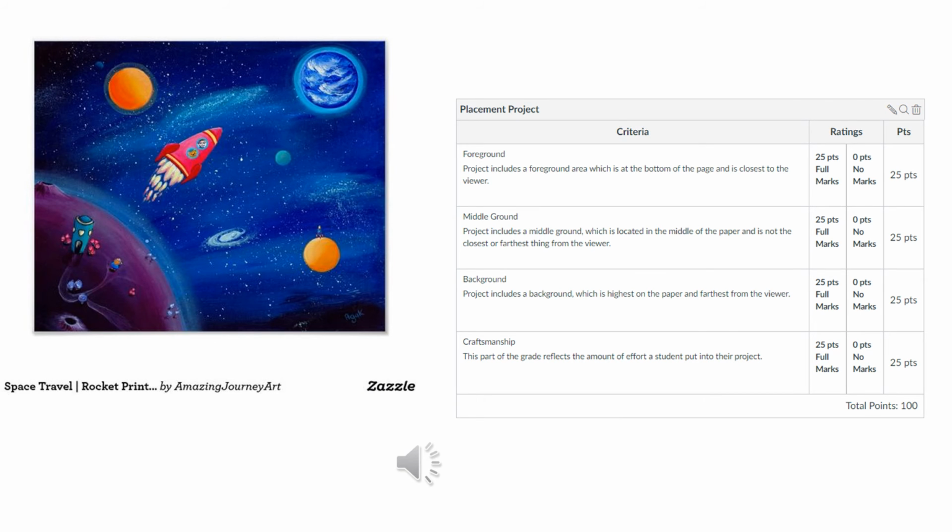So your assignment for this week is to create a piece of art that shows you understand placement. The idea that things closest to the bottom of the paper are closest to the viewer, and things on the top of the paper are farthest away from the viewer. You get to decide what subject you want to use for your artwork. I'm not telling you what your artwork has to be about. I'm just saying it needs to have the 3 distinct areas of